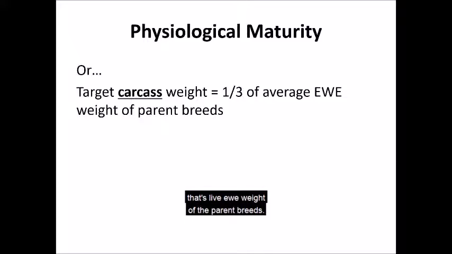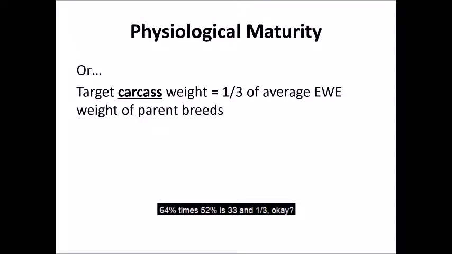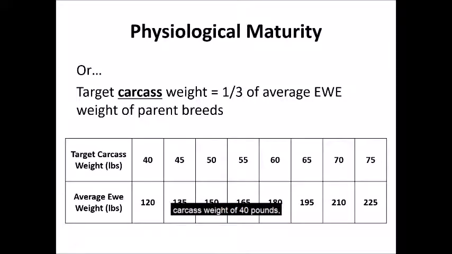That's live ewe weights of the parent breeds. Why is it 1/3? Well, the 64% we talked about before, multiplied by a 52% average dressing percentage, 64% times 52% is 33 1/3. Okay, so that means if we have a target carcass weight of 40 pounds, we're looking for an average ewe weight of the two parent breeds,